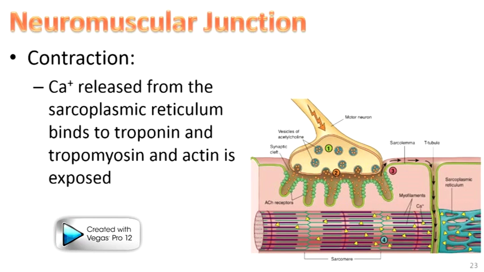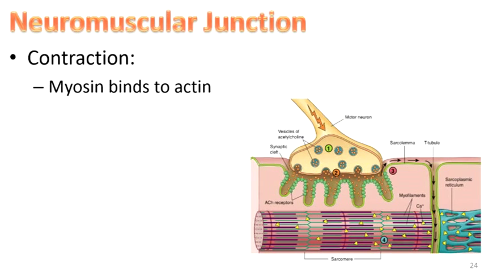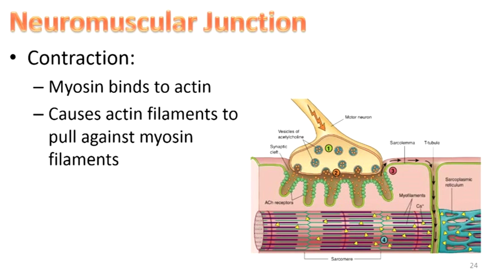So when we need to contract a muscle, remember, like I said, the calcium is released from the sarcoplasmic reticulum, and it binds those two inhibitory proteins, which exposes the actin. That allows the actin to bind with the myosin, and remember we called that the cross bridge, right? So they pull against each other, and the way you can sort of think of this is it's like a tug of war, sort of. So the myosin are like the people, and the actin is like the rope. And so what they do is they pull along that rope,